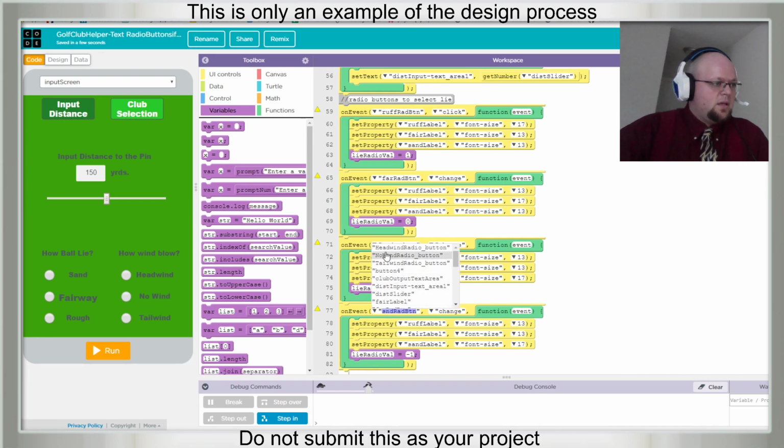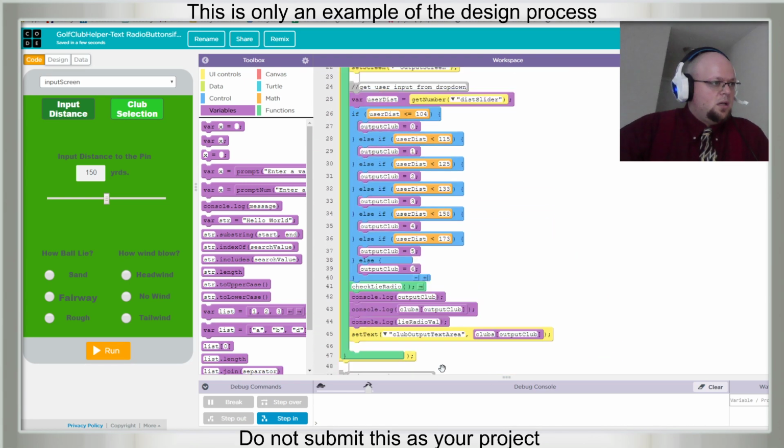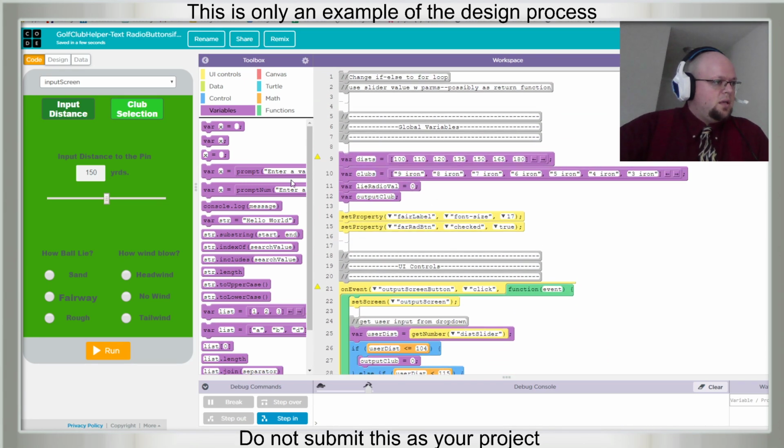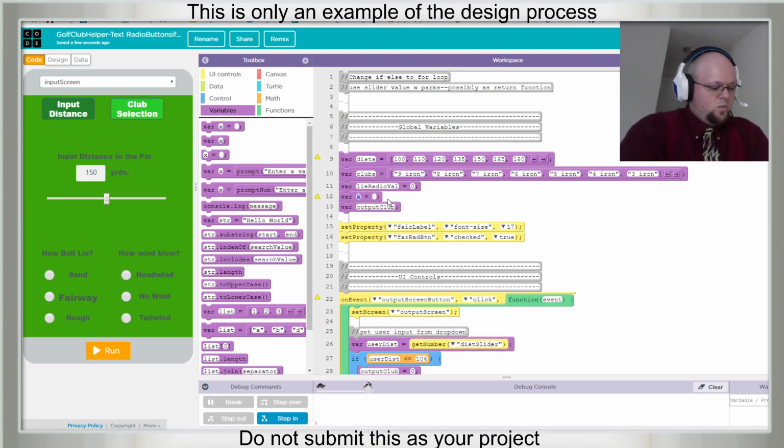This is called, again, I should have done headwind change. Let's go ahead and do this first. Wind radio value, and we're starting at 0.